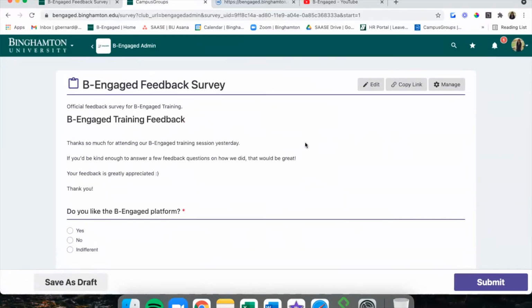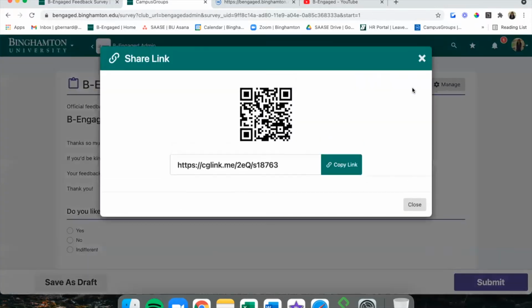Creating surveys and forms in Be Engaged is easier than creating forms in Google Forms, or maybe I'm biased, but that's just my opinion. The system makes it super easy to share these forms as well, with a custom link for each form, as well as a custom QR code associated with the form that users can scan to pull up the form on their phone or any other device and fill it out.